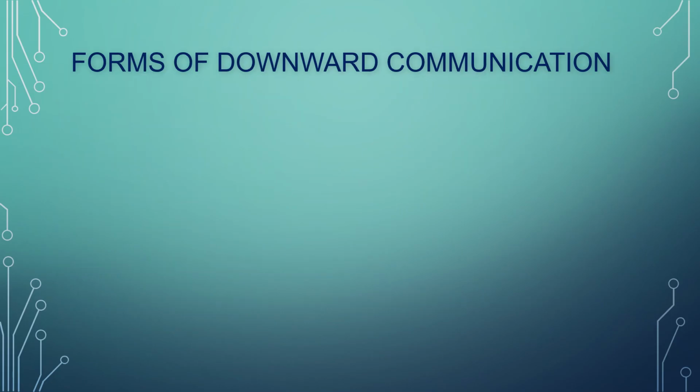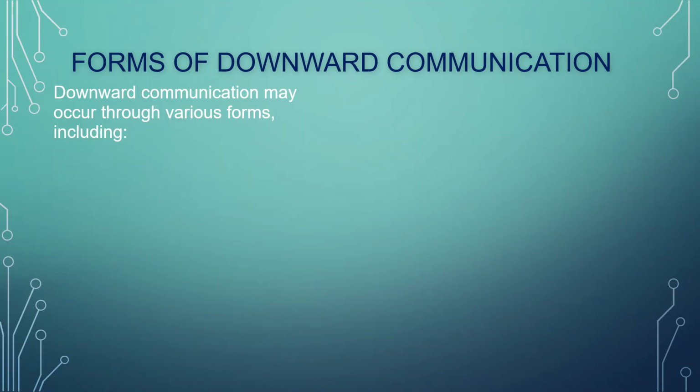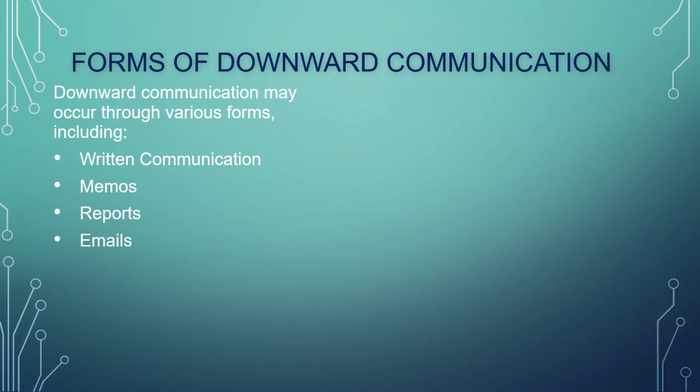Now, what are the forms of downward communication? We have a good number of the forms of downward communication. So downward communication occurs through various forms. And those forms include: number one, written communication; number two, memos; number three, reports; number four, emails; number five, policy